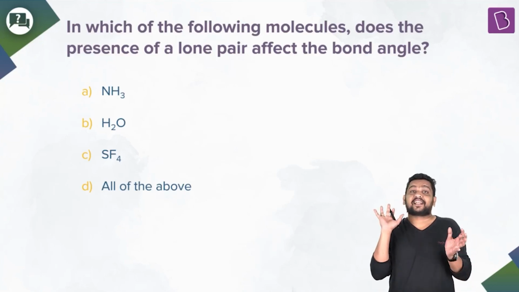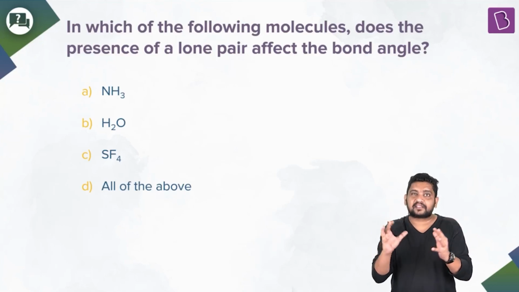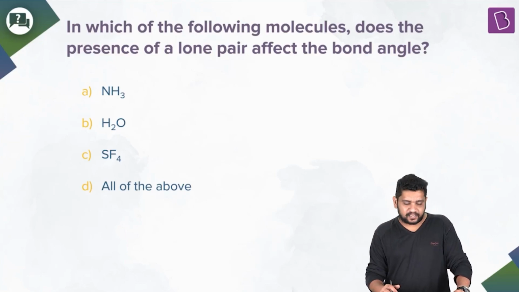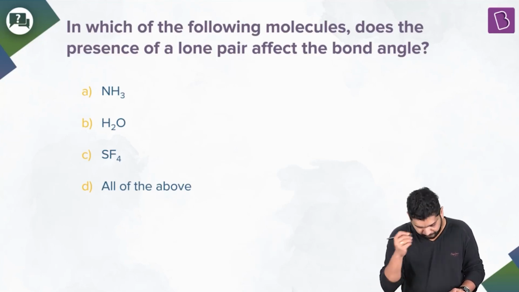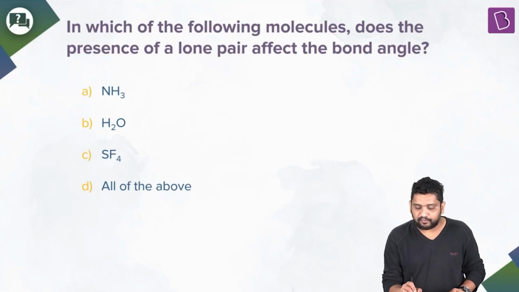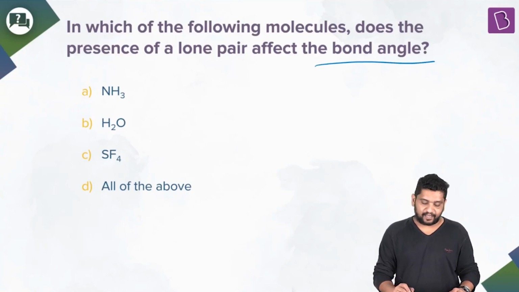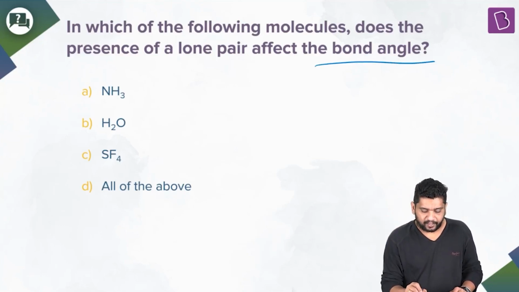But lone pair does at times have this influence that it is a more localized electron cloud, has a greater repulsion for bond pairs. So it does tend to change the bond angles and all a little bit. So let's see which of the following the presence of lone pair affects the bond angle, right? So we want to see where all bond angles are getting affected. Shape is of course not discussed on the basis of lone pair. So what do we have?